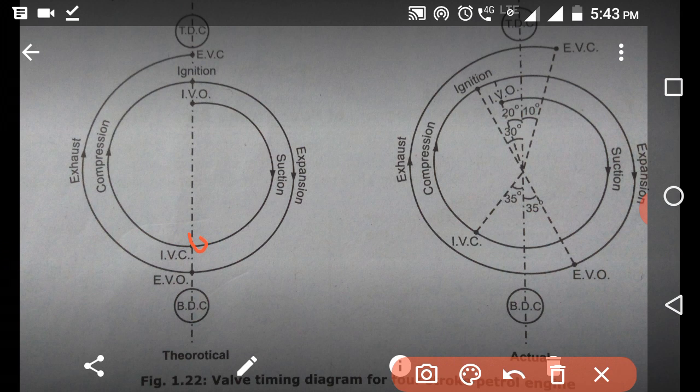After that the piston will reverse its direction and start moving from BDC to TDC, and due to the movement of the piston there will be compression of gases. At the end of the compression, when the piston is at top dead center, we are firing, meaning we are igniting the fuel with the help of the spark plug.